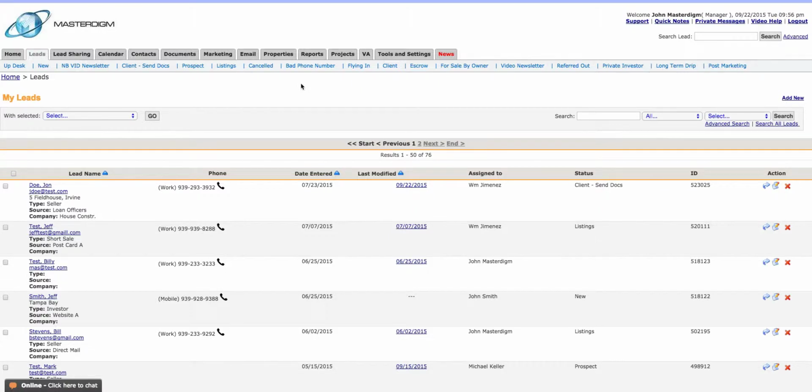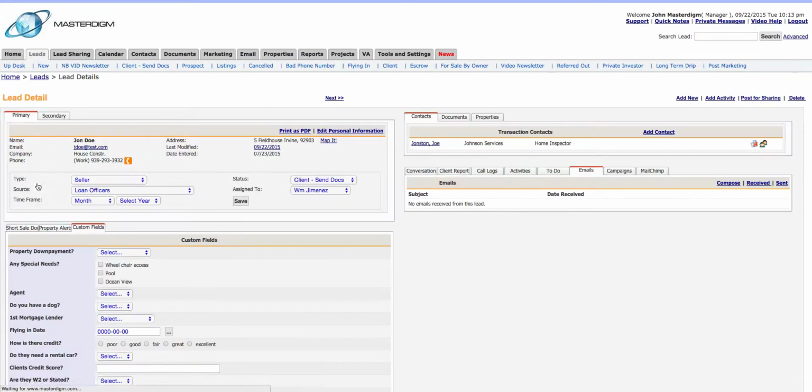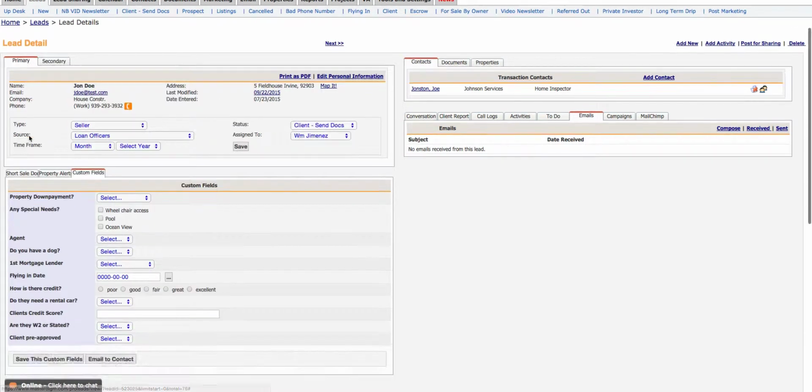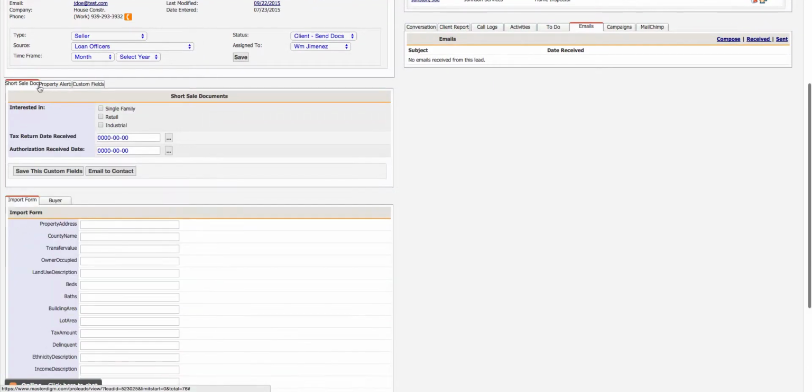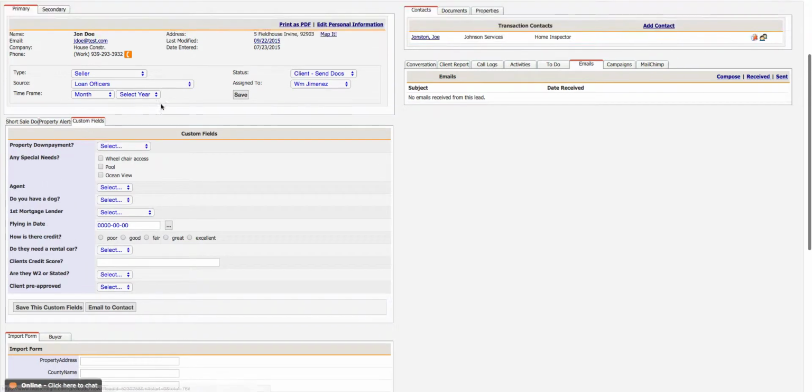Hi, this is a video on the lead details page. Whenever you see a name, it'll be a hyperlink to its lead details. Clicking on it, it says lead details here, and you'll notice how it's broken out. Primary details, secondary details. In this section are the custom fields that can be created,